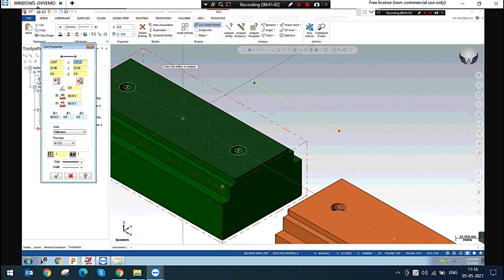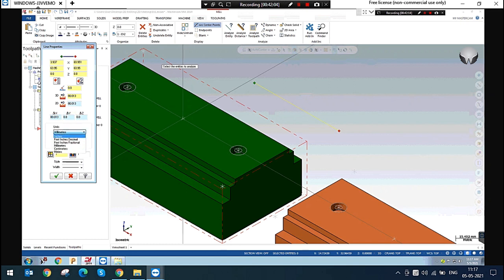And the angle: it is located at 0 degree angle, and it has a 3D length and a 2D length. 3D length means if this line is angular, it will be converted to the 3D length. And which axis it is located on: the X-axis.